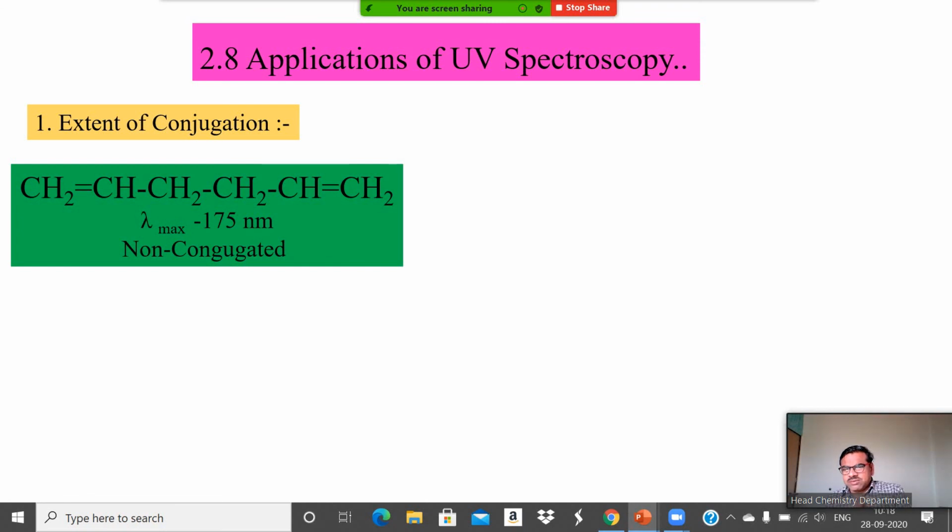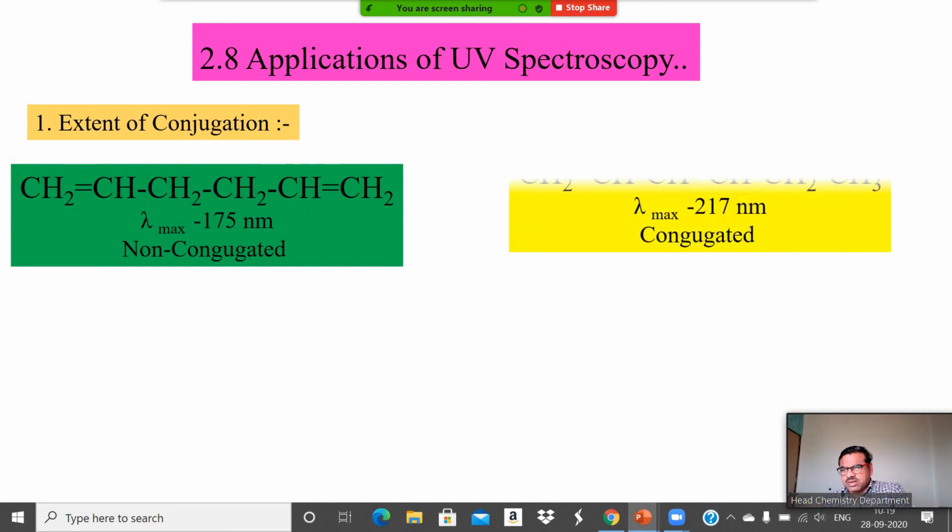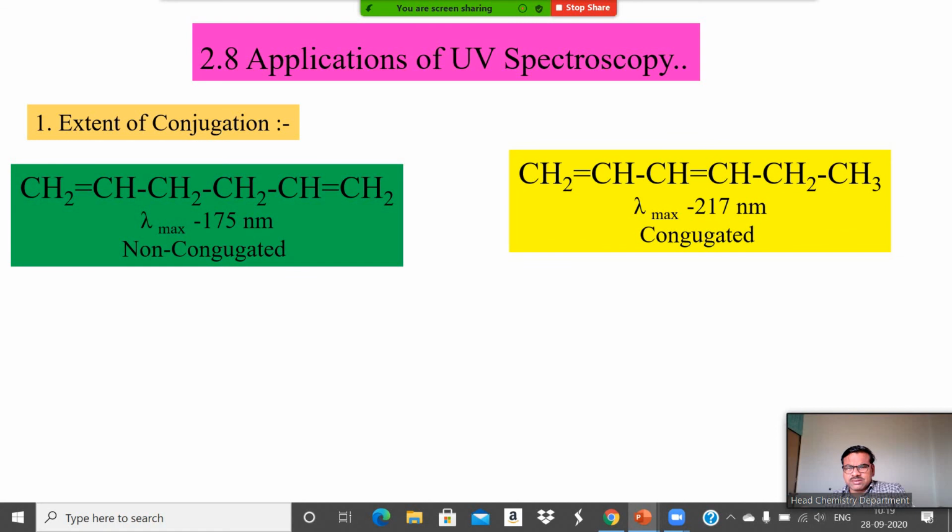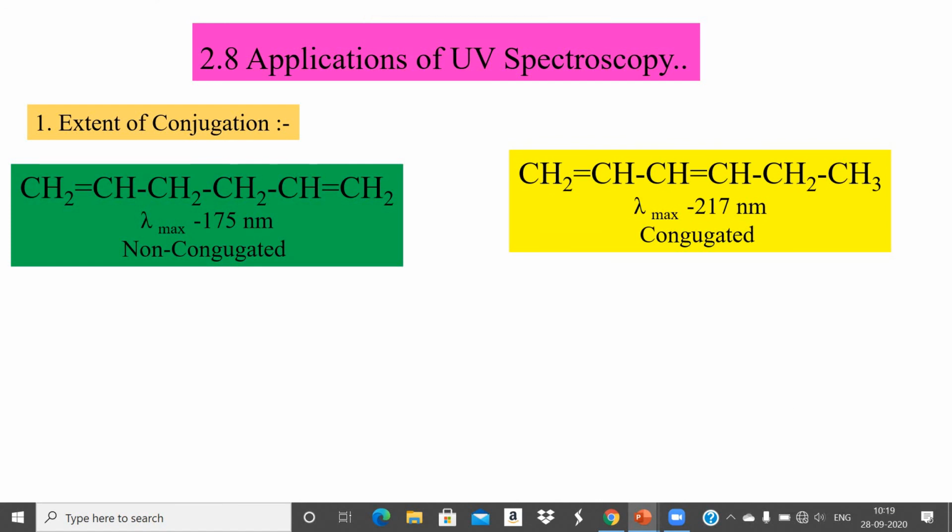In this case, we don't record the UV spectrum, or especially lambda max, of this compound. And whatever lambda max we got, it is only 175 nanometer. If you look at the other side, the same compound that we have taken, but we have changed the carbon-carbon double bond position. In the second compound, the two double bonds are conjugated in manner. They are not isolated. They are not cumulative. They are in alternate situation, or they are in conjugation situation. So therefore, we will